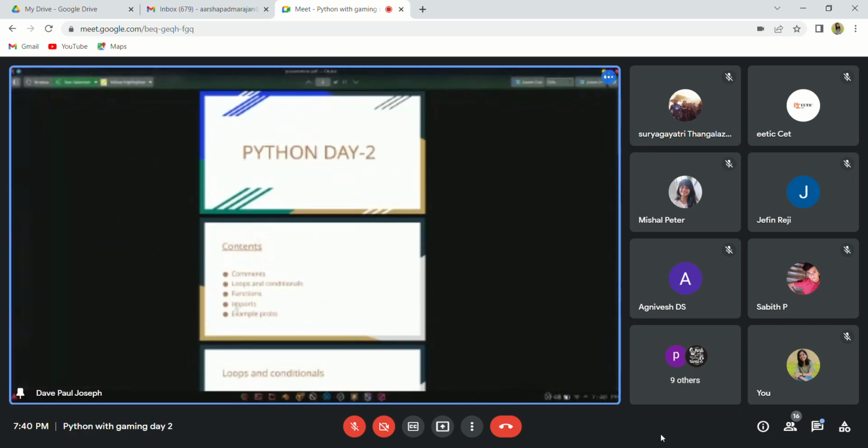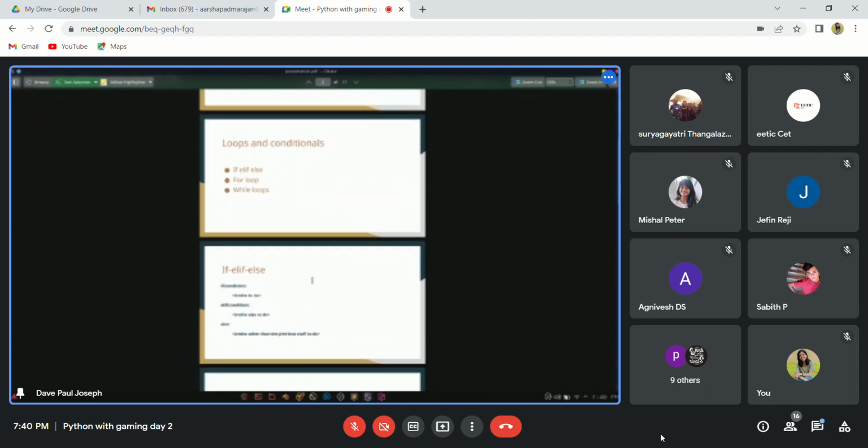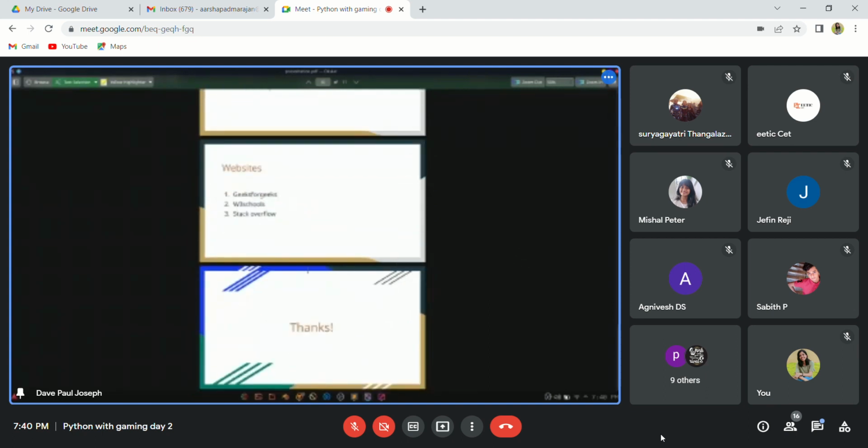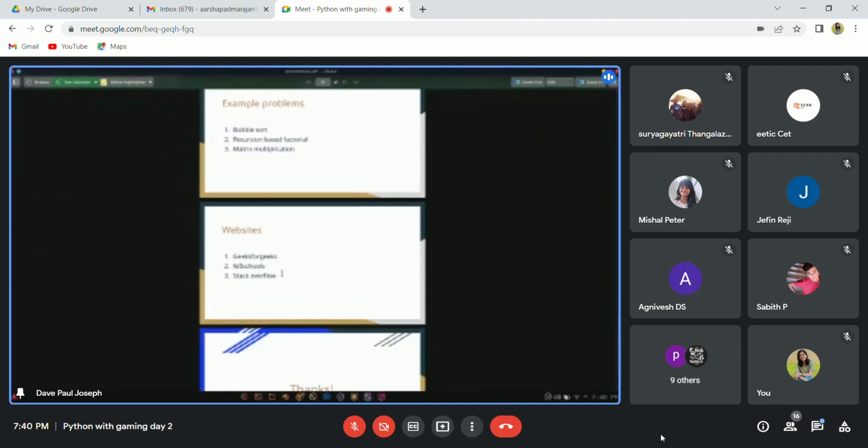We've covered if conditionals, comments, loops, functions, imports. Now about example problems, we can do translations, and these are a couple of sites that are really useful for Python. When you're coding, you don't need to know it all. We are not coding for an exam. If you're coding for a project,